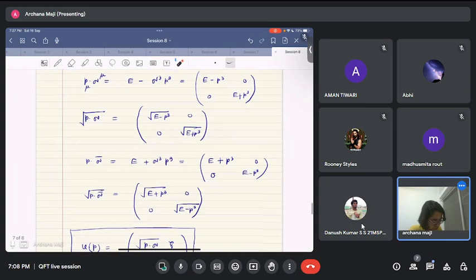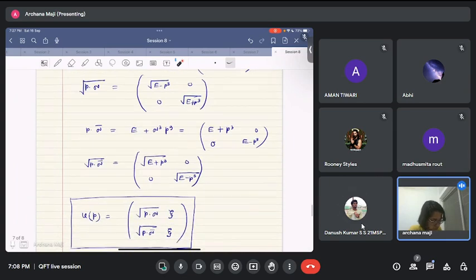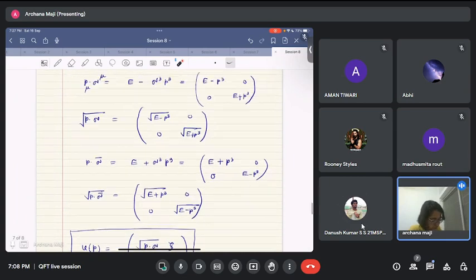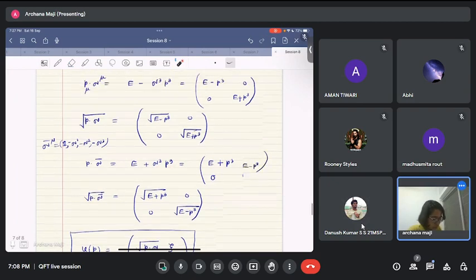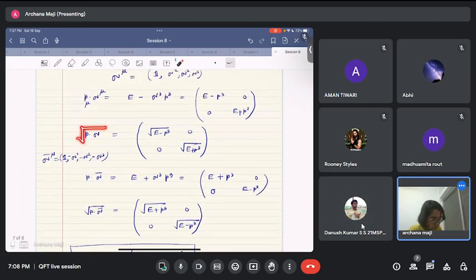And then this is p dot sigma bar. Okay, similarly sigma bar mu was identity 2 by 2, and sigma 1, sorry, minus sigma 1, minus sigma 2, minus sigma 3. That was the definition. So therefore this is E plus sigma 3 p3. Okay, and when you take square root of a matrix, that means we are taking square root of the diagonal